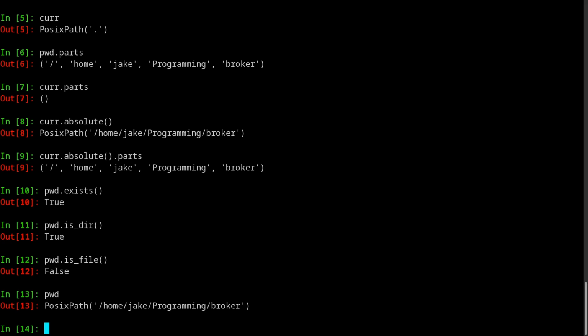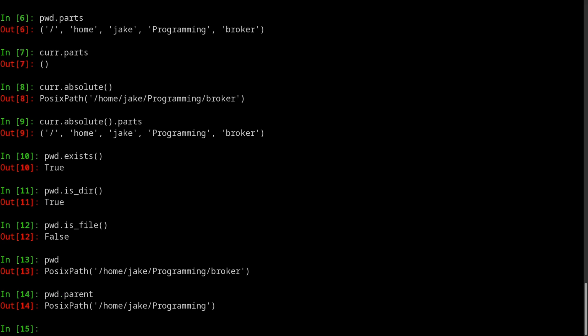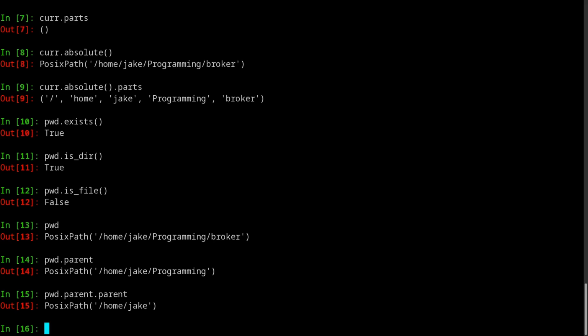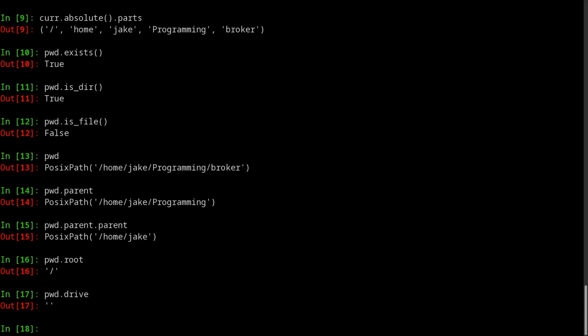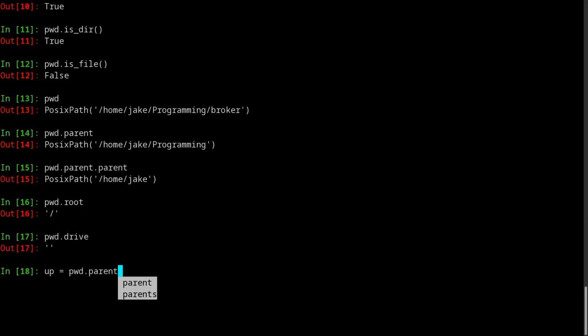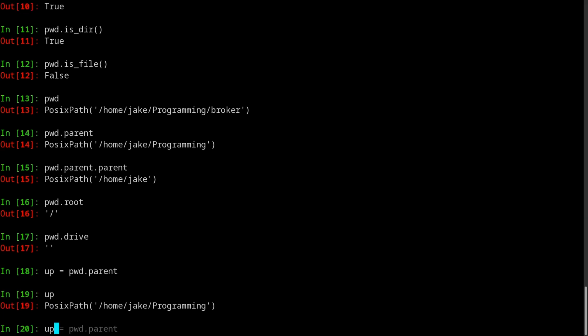Not only can you check the directory that you're currently in, but you can also look at parent directories. And since this also returns a path object, you can go and check the parent of that, all the way up to the root directory, meaning the very base directory. For Windows users, you also have drive available, but that's not really something that makes sense in a Linux environment. So let's check one of those interesting properties by storing our parent as up, and I'll show you a little bit more magic